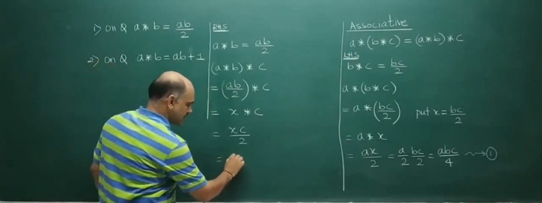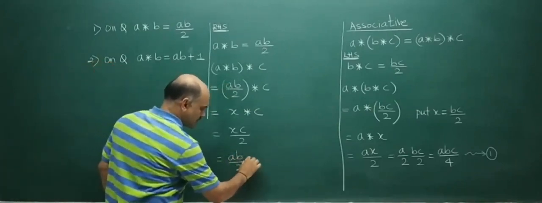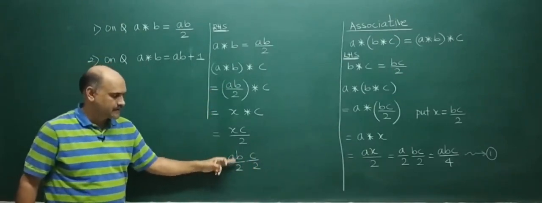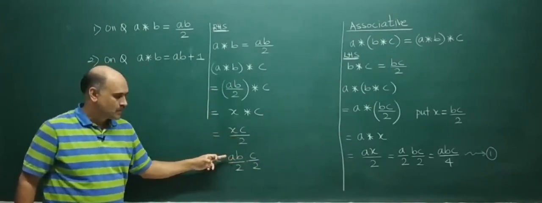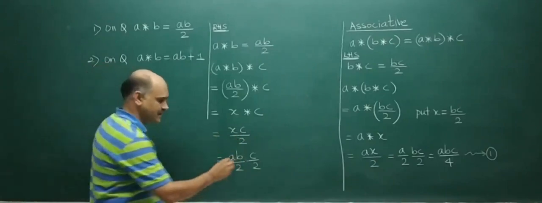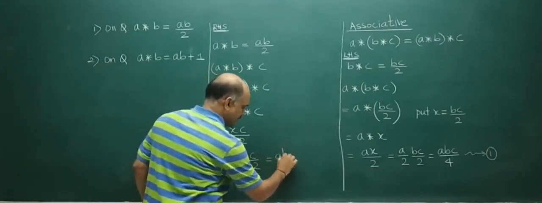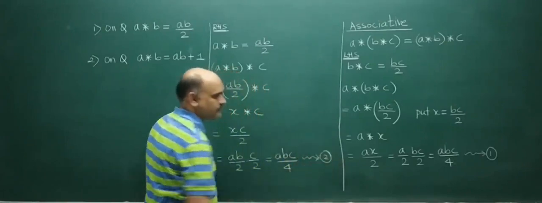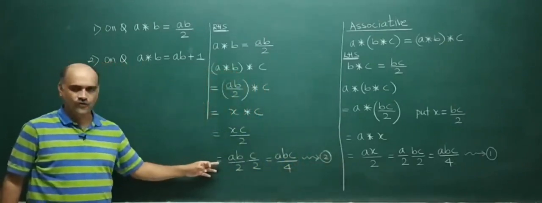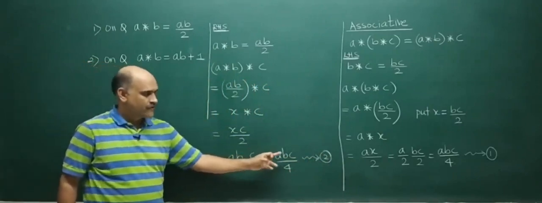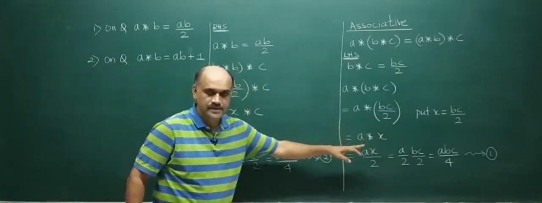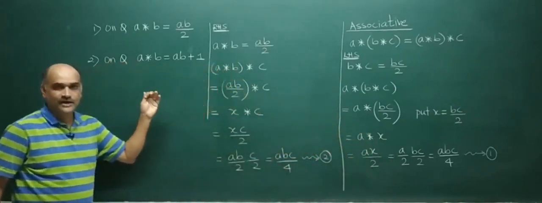So this is AB by 2 into C by 2. If you multiply this, you will have ABC by 4. This is second. So if you observe 1 and 2, ABC by 4, ABC by 4,